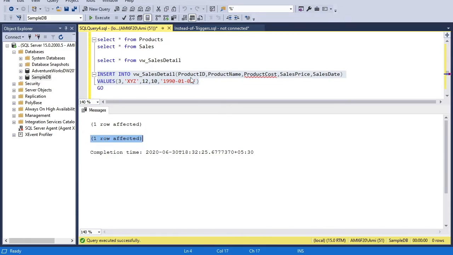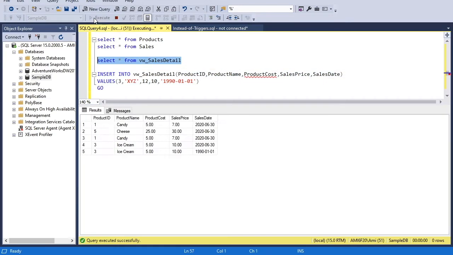Now if I check my view again, you will see a new record is created where the product ID is 3. So the product ID has been taken by the trigger and validated. If this product ID is real, meaning available in the product table, then get the product name and the product cost, pick the sales price given here and the date, and then prepare the view.